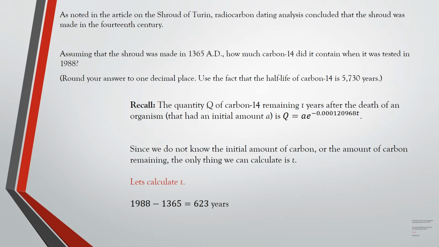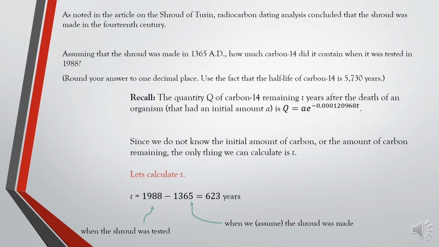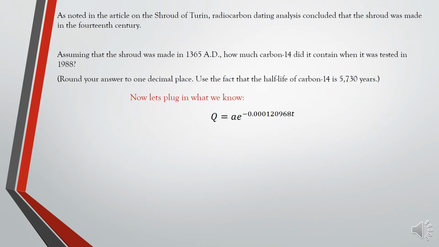Now this should be pretty easy to calculate given that we know that the shroud was tested in 1988 and that the shroud was made in 1365. So we'll just do 1988 minus 1365. That's going to give us 623 years. So now we know that T equals 623. Now let's plug in what we know, which is T. So plugging in T equals 623, we have